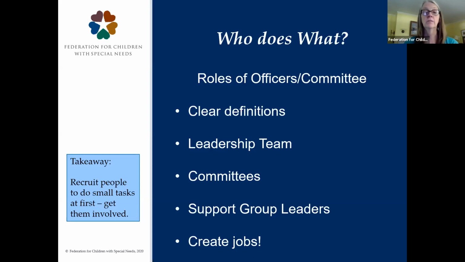If your CPAC has a support group, you may or may not want to define it in your bylaws, but that's a role that you could create and define so that people understand what a support group is. It's not the public body of the CPAC, it's an auxiliary or extra group that operates outside of the CPAC. But I think you should always try and create jobs for people so that people have a vested interest in the CPAC. They can get involved, learn about what the CPAC does, and feel that they're connected and helping out.